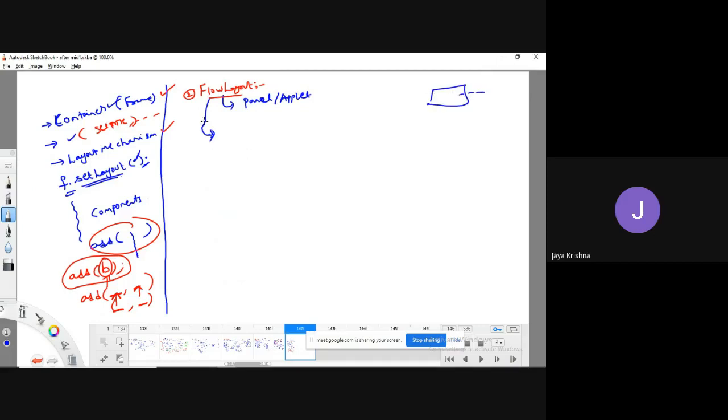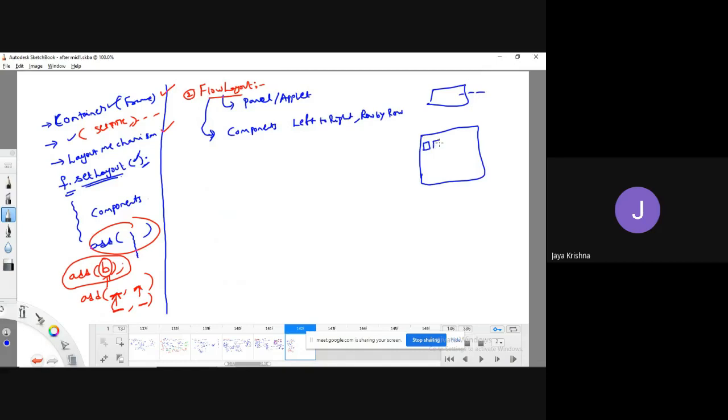Yes. So the concept of flow layout is that all the components are arranged from left to right, row by row. If it is a container, first it starts adding the component from here.